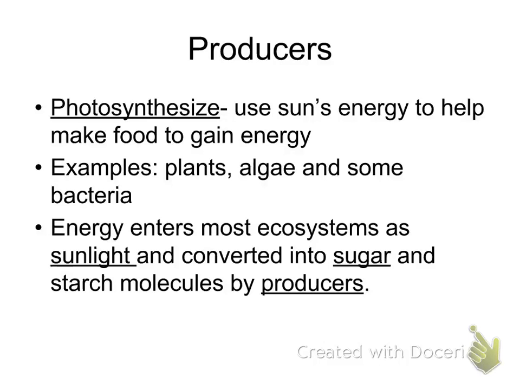All right, so we have our producers as part of our ecosystem. These guys are responsible for photosynthesis. We've just spent a great deal of time on finding out how organisms photosynthesize. They're using the sun's energy to help make food to gain energy. Can anybody remind us what else besides the sun's energy needs to be in a producer to get photosynthesis going? What are the other two things that have to be in the body? What's one of them, Maggie? Water. Water is one of them, and the other thing is what, Lori? Carbon dioxide, great. Both those things need to be in the body so that the sun's energy can help break it up and make the food, the glucose, for the organism.